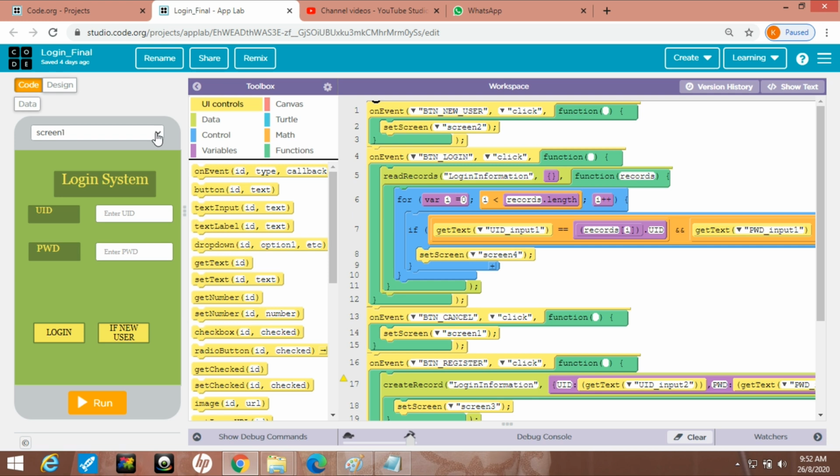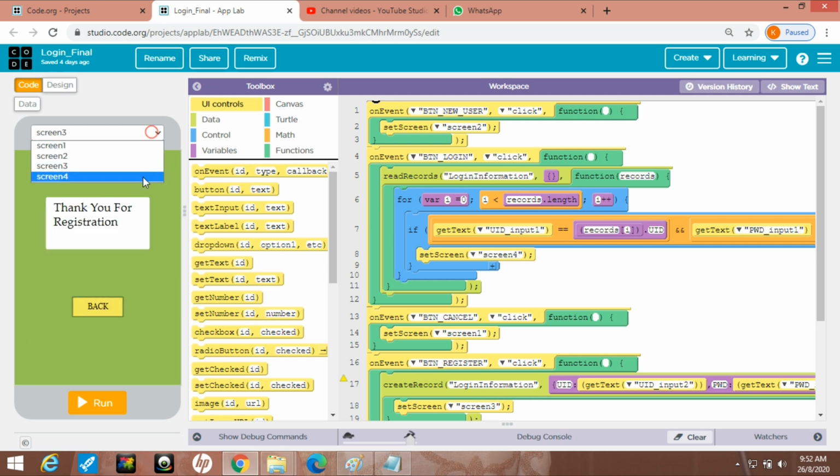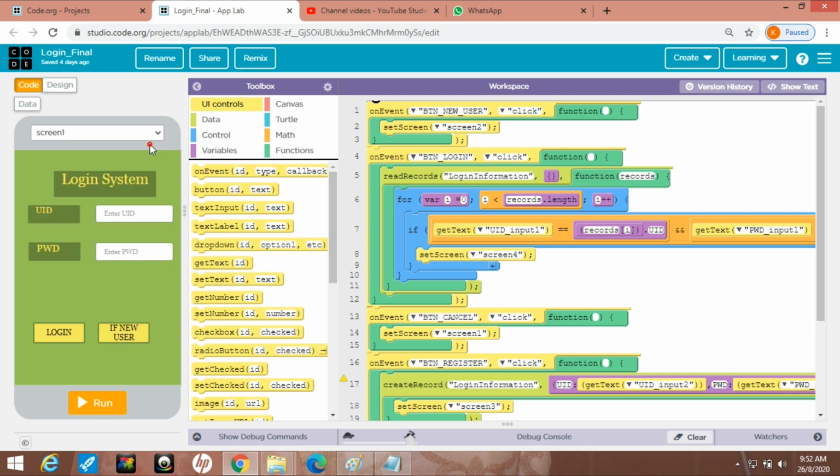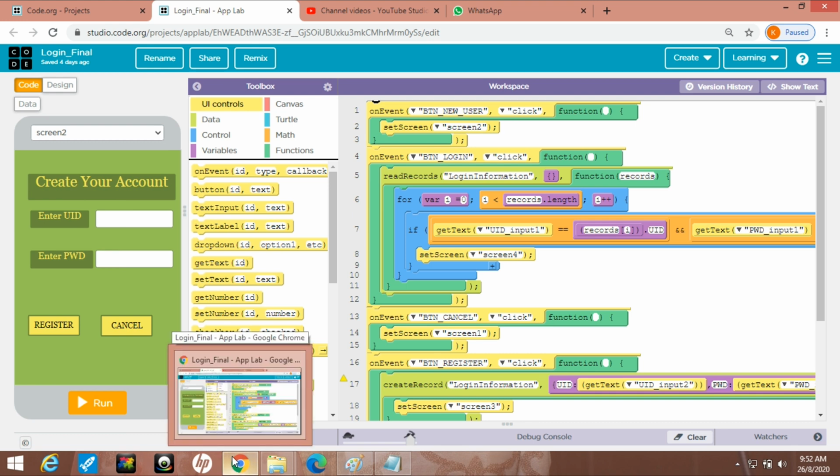In the login system we had taken 4 screens, screen 1, 2, 3, 4. We already covered up to register. Today we will do coding on the login system. Means when I have created my account after registration, then I will be able to do login. Now the main motive is this. How to do this? Please watch login system part 1, then you will be able to understand login system part 2.